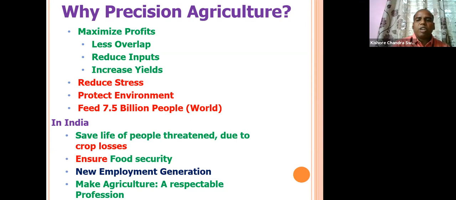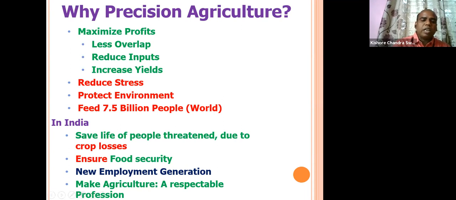Then we should protect our environment by reducing fertilizer and pesticide application. And we also have to target feeding all the people of the world. Particularly for India, we should reduce crop losses and ensure food security. We should